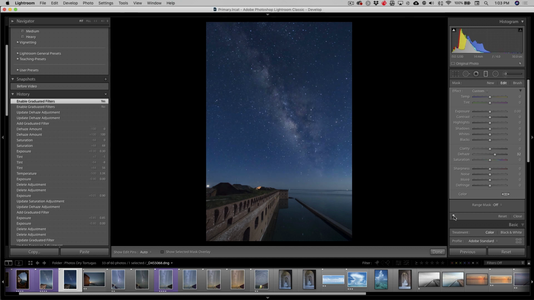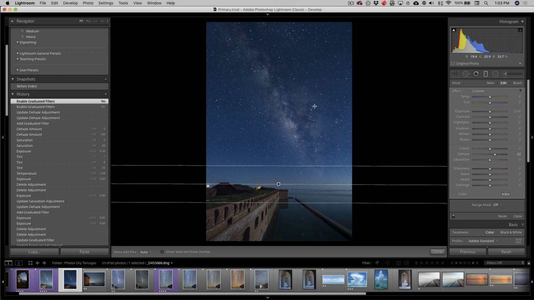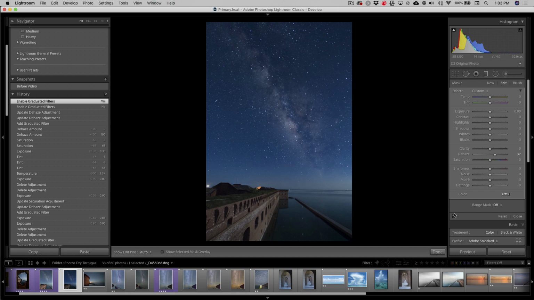Now what that does is it increases the local contrast within the area that's being affected, which is this entire sky. The only problem is it also adds in some saturation. So again, if I go on and off, you can see how much more saturated the sky is actually getting, in addition to getting darker. So